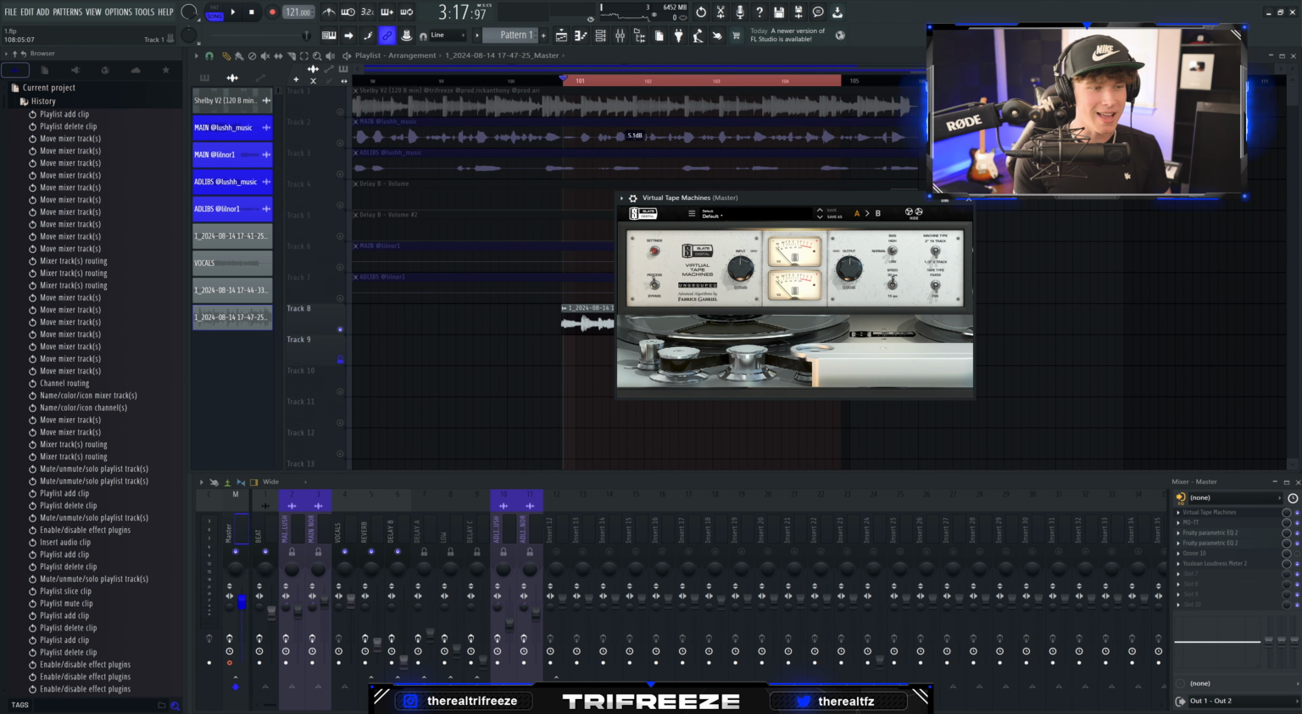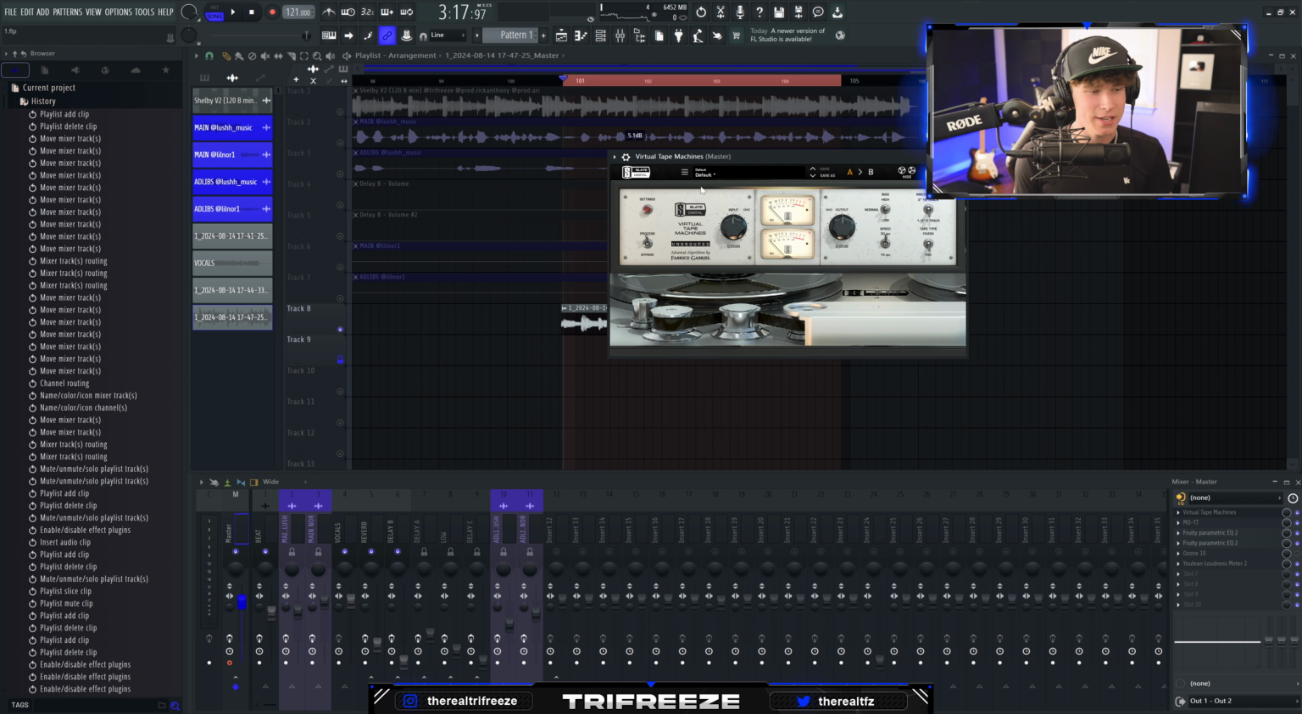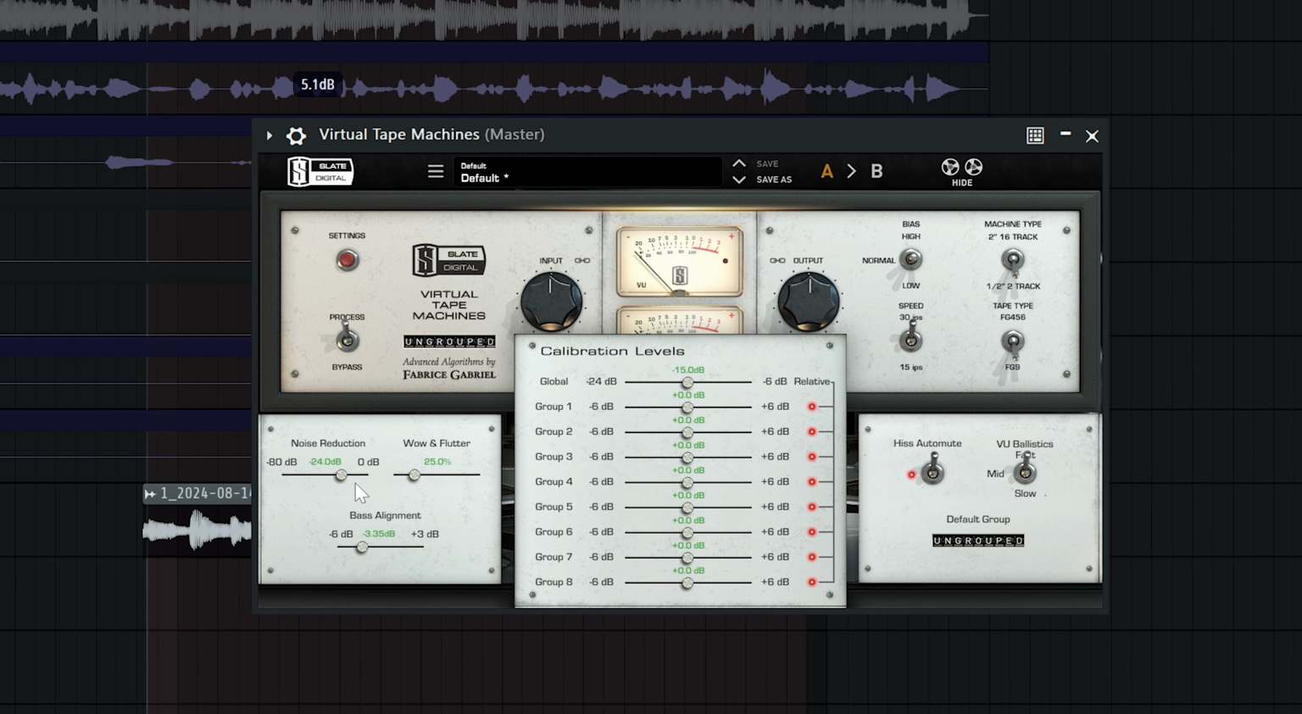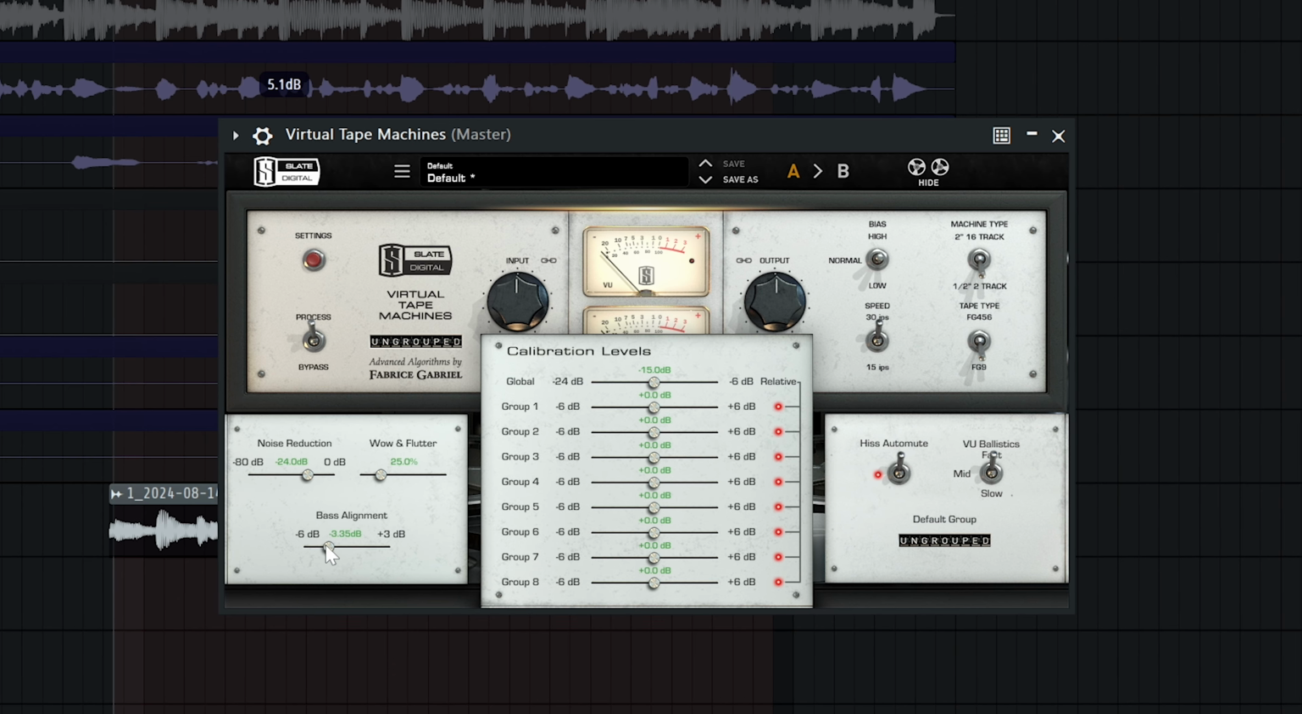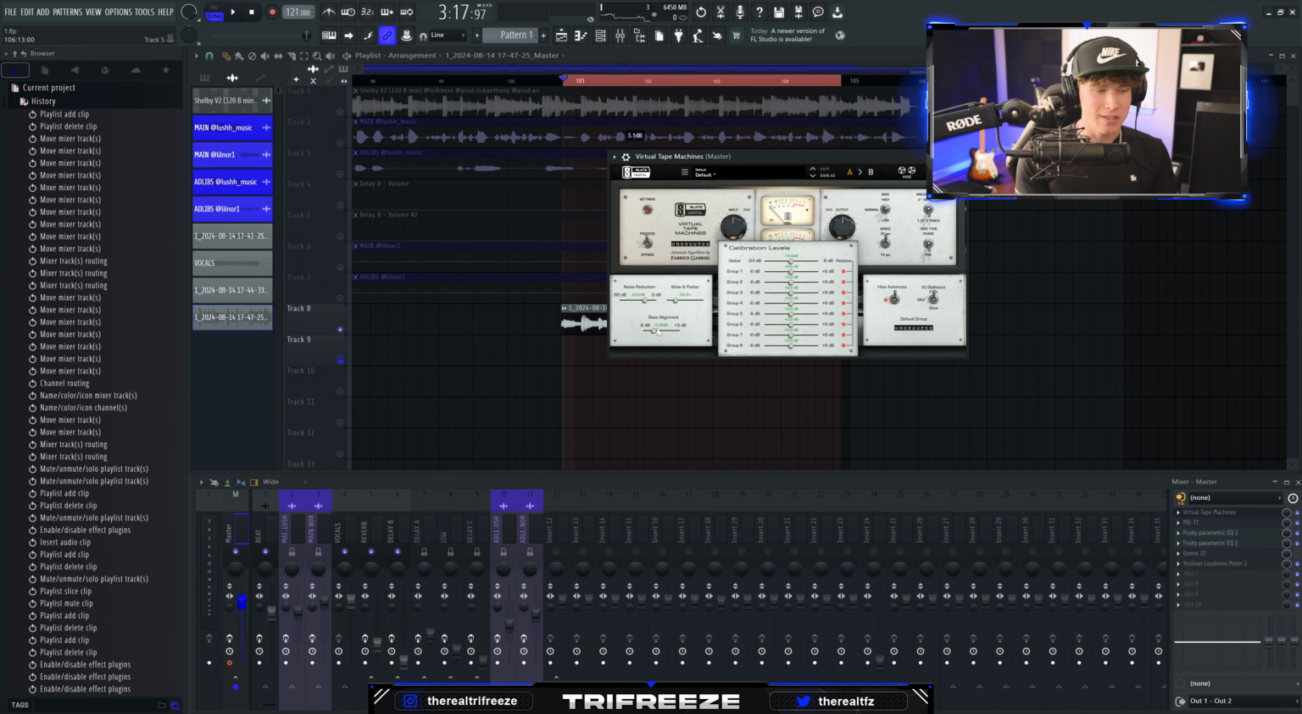Okay, so I can get any track loud in 3 steps. Add a virtual tape machine by Slate Digital. Keep everything default. Click on the settings right here and then turn the bass alignment down to about 3.5. This will lower the bass because often when you can't get it loud, it's because there's a little too much